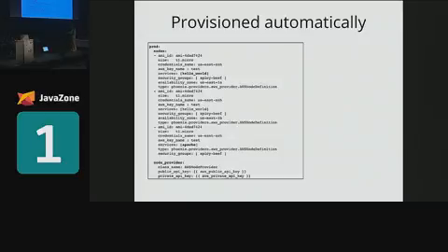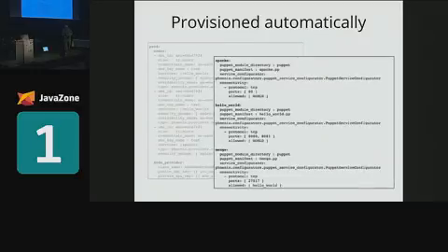So in our case, what we're saying is we've got a declarative environment description here. All right, so we're saying an environment looks like a number of boxes. Each of those boxes has a number of services on it, and we can do that in a declarative way. All right. And then we have service definitions on top of that. Those service definitions contain all the information that those services need in order to talk to other services.